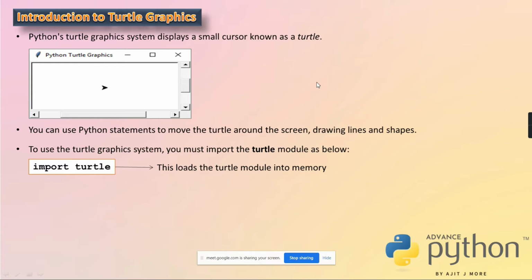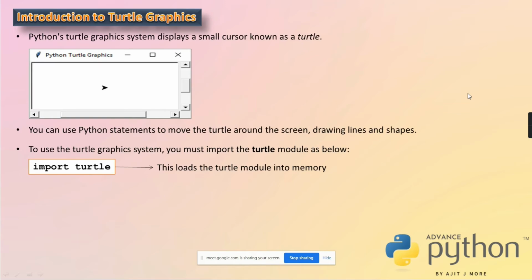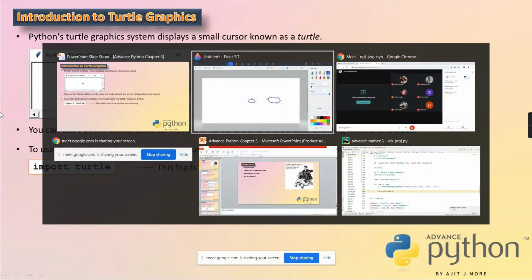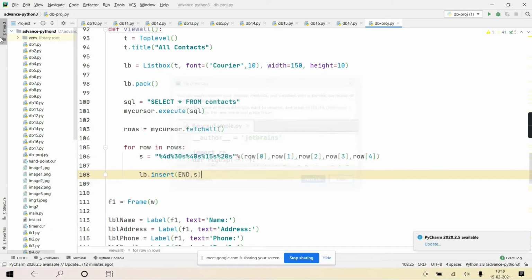Again, keep your tail down. As it puts the tail down, it will again start producing marks. So all those provisions are there. One by one we will discuss, don't worry. So the first concept, I hope you got it. We need to import this turtle module.